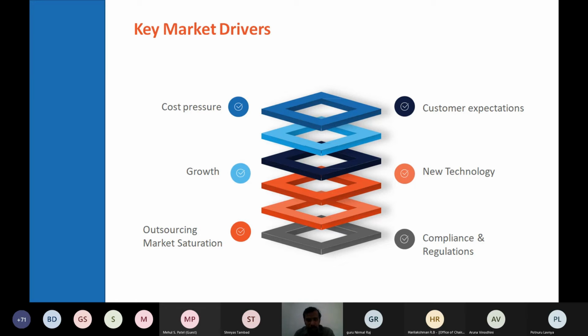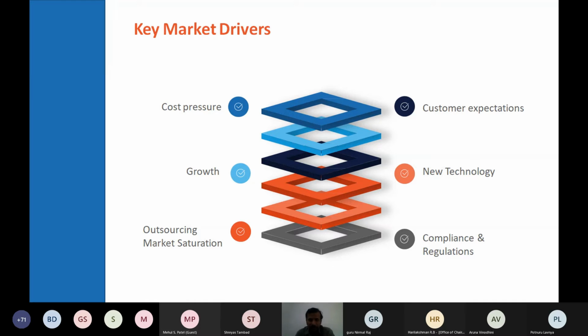Since it is a new technology, will it adapt into our system? Will it disturb our system? Will it be easier to learn and master this new technology? And also, when a new technology comes, whether it will be in compliance with our policies and regulations. So all these questions need to be answered.